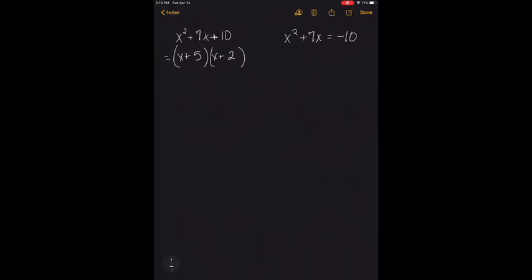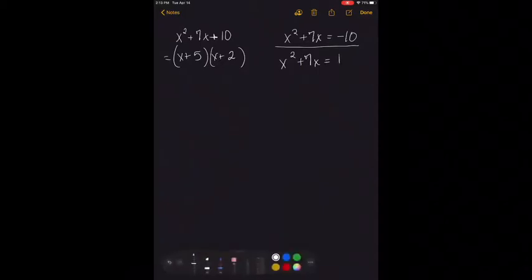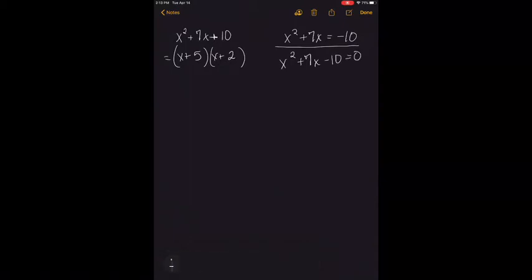So if the equation was given to us in this form, the first thing we'd want to do is to write the equation in descending order of the variable. x squared plus 7x plus 10 equals 0. All right, the next step would be to move the constant term to the right side